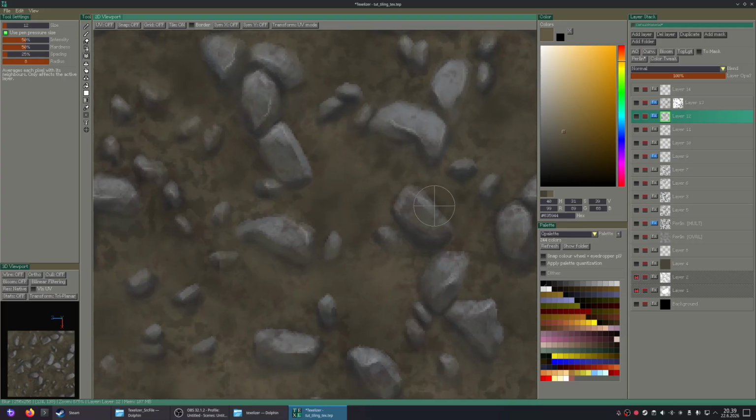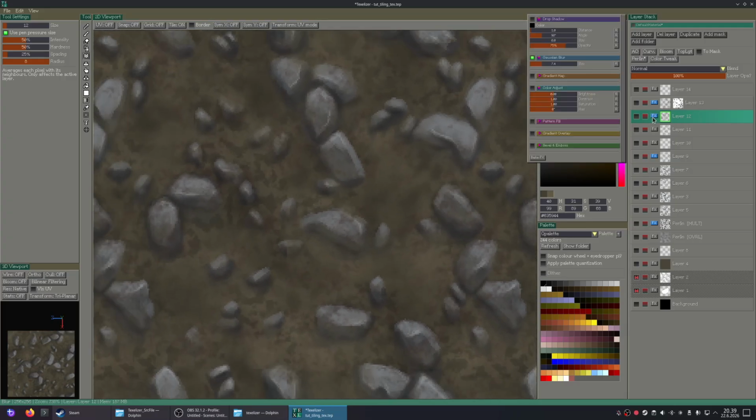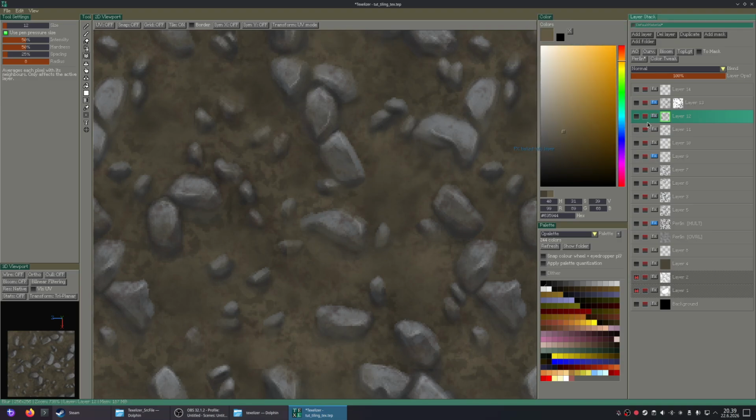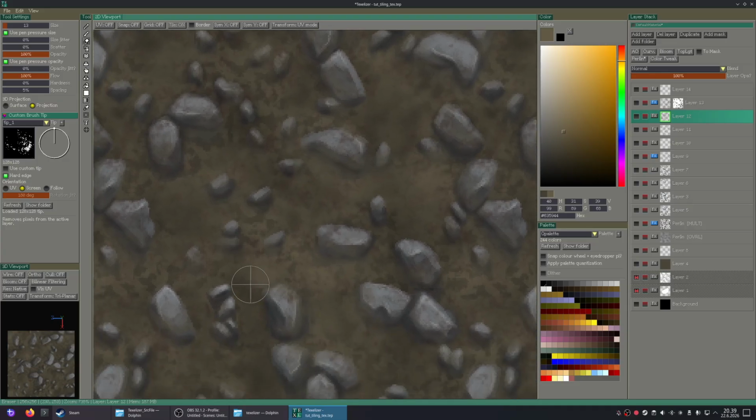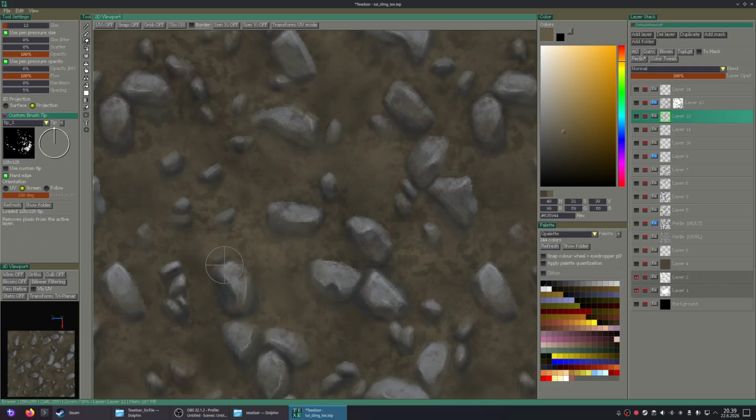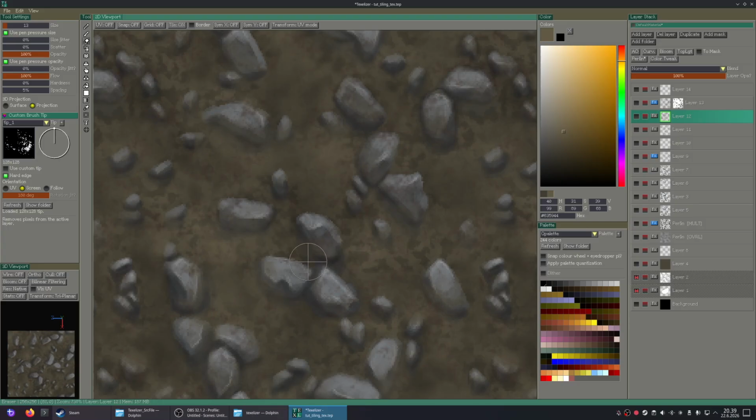I really like it, but yeah, here's the deal, the way we can deal with this. Just click bake, so now it's not a live effect anymore. It's part of the actual pixels of the layer, so now I can just erase the parts where the seam is showing.